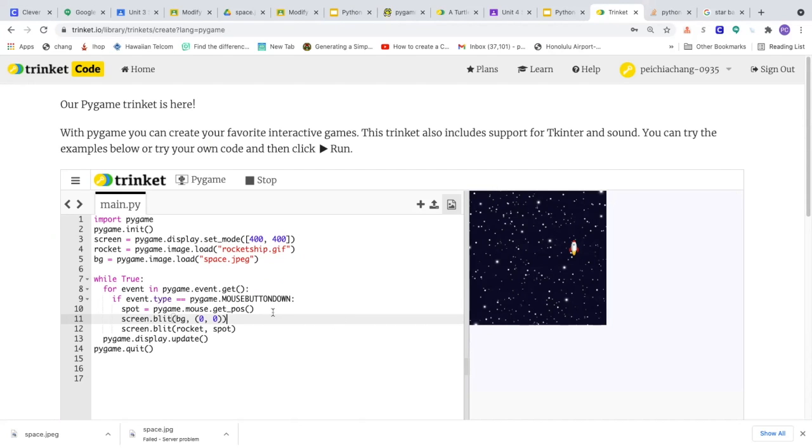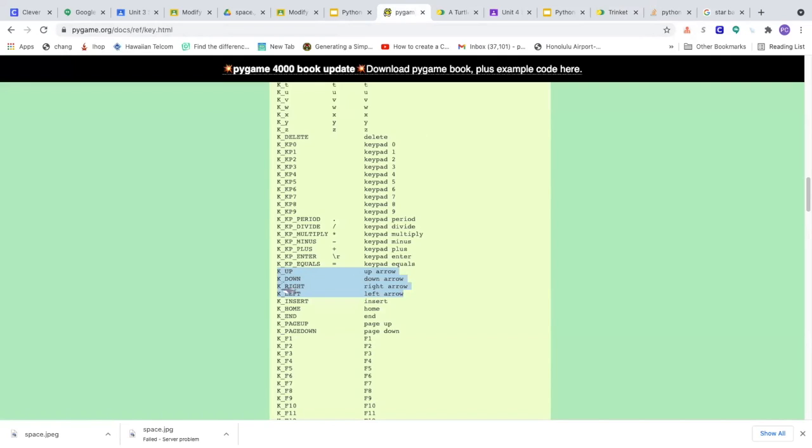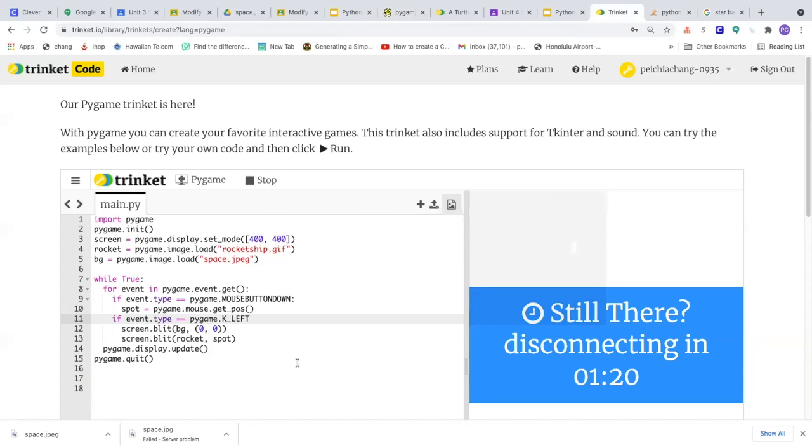So one thing I'm going to add is: if event.key equals pygame.K_left. That was this one, left. So if the left key is pressed, don't forget about the colon at the end. If the left key is pressed, then I'm going to make the spot